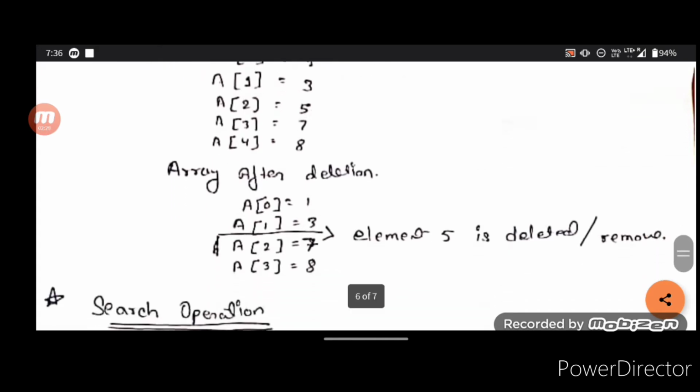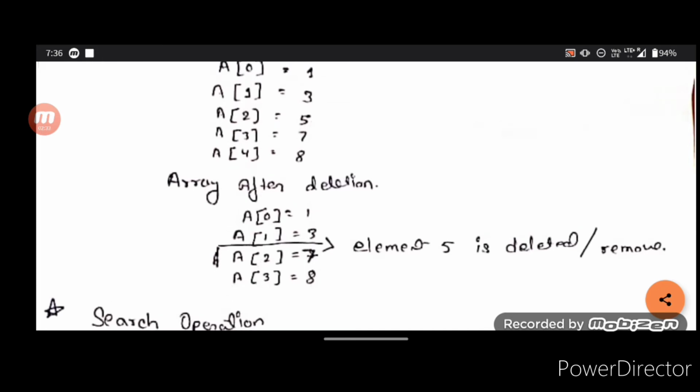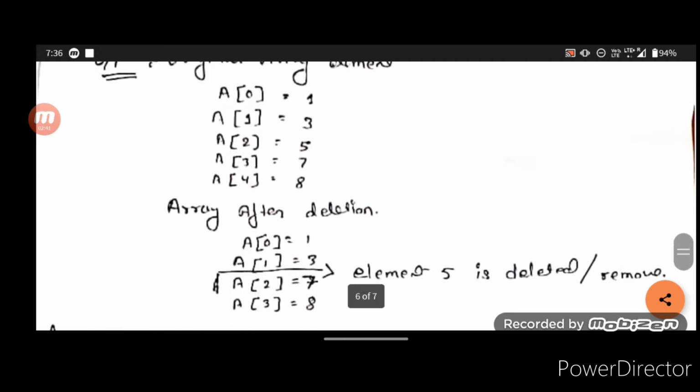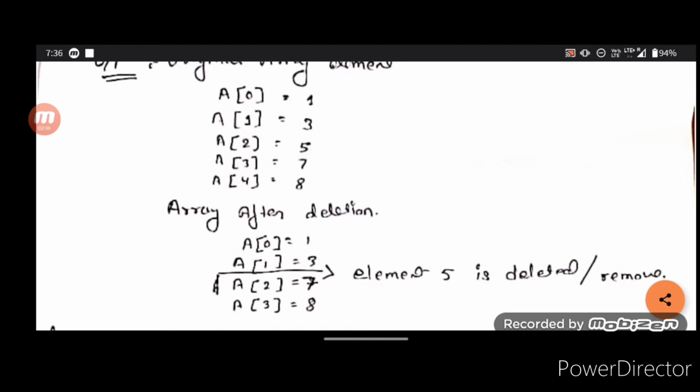After deletion, the element 5 is deleted or removed. Of course, the array name is not removed. The array index numbers are still there, but the values have changed, the value is deleted.